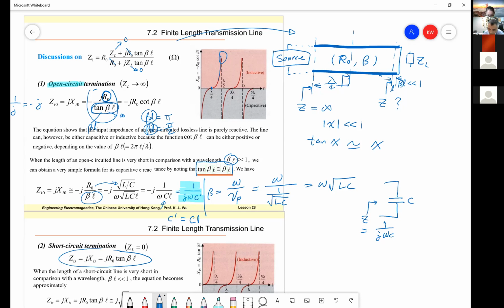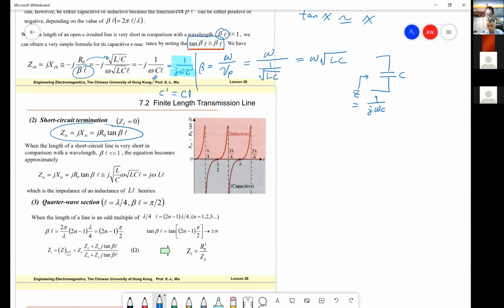It is proportional to the total impedance, no matter open circuit or short circuit, all right? Of course, when length equals 0, this is 0. When length is quarter wavelength, this goes to infinity,